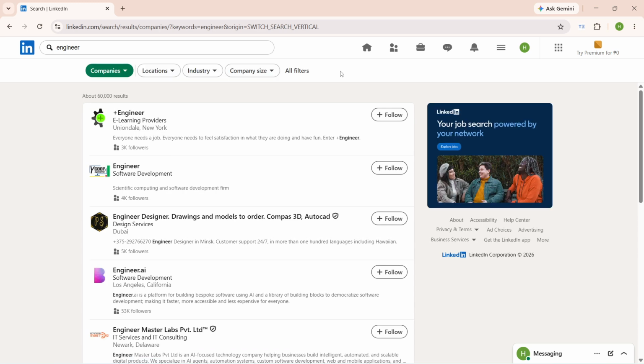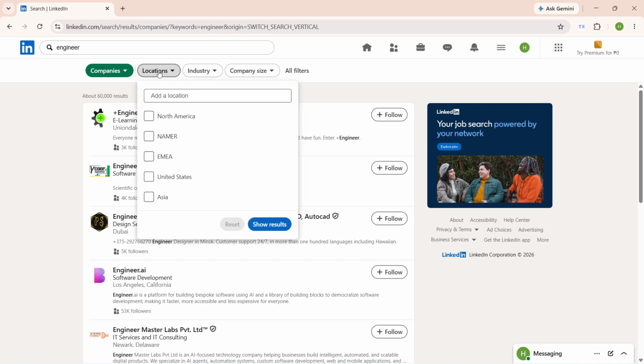After that, click on locations. This filter helps you narrow the company search to a specific place. It's especially helpful if you already know which country, region, or city you want to focus on. Then select your desired location. Choose the country or area where you want to work abroad. Try to be as accurate as possible because the location filter will shape the results you see and make your search much more relevant. Once you've selected the location,